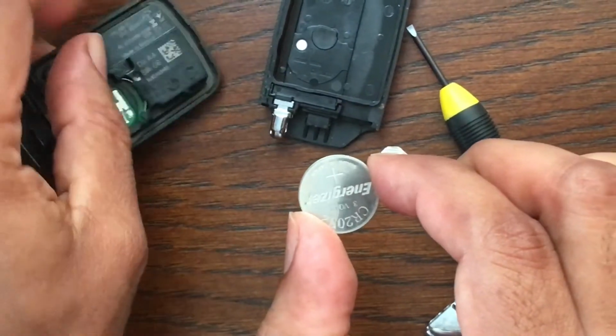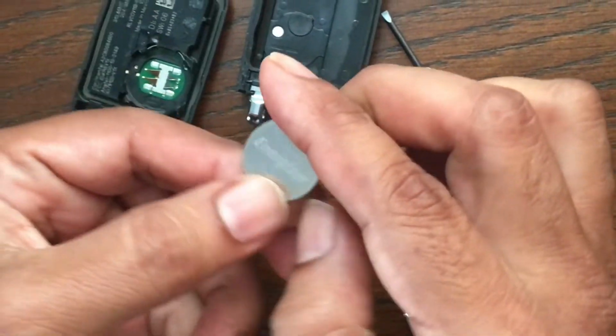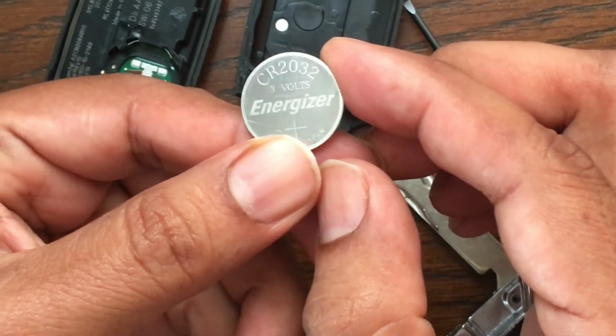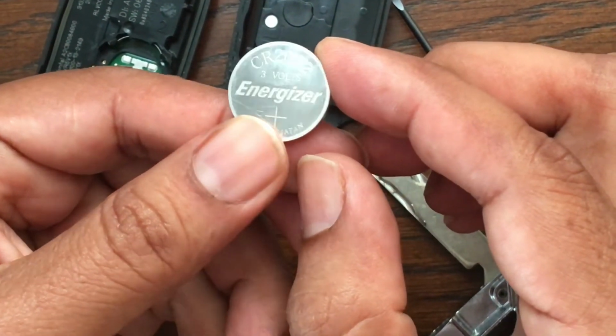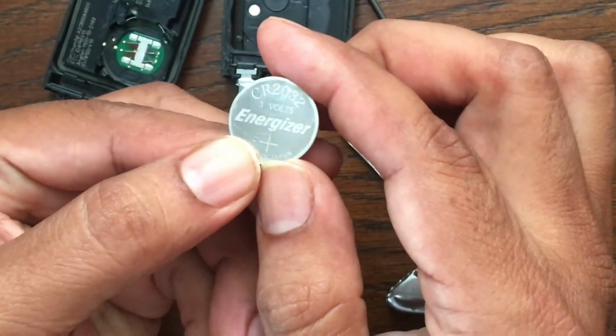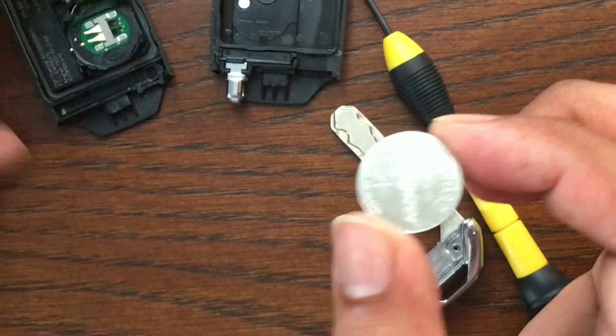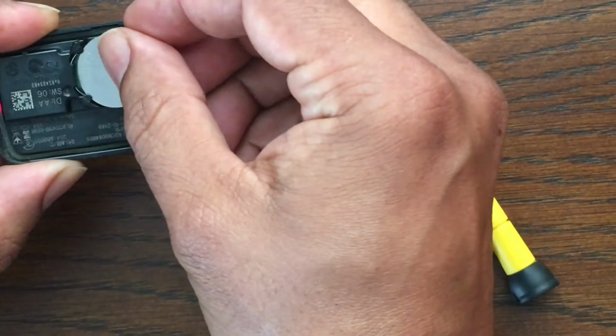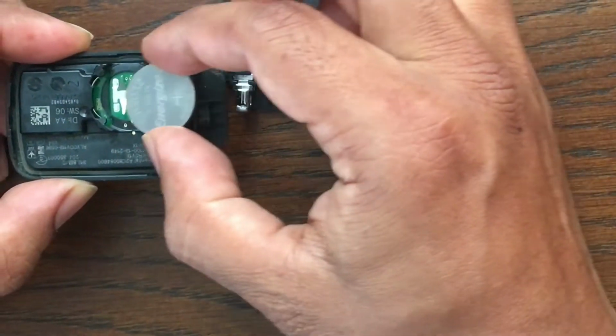And that's it. And the battery number is CR2032. You can get it at Walmart or Amazon. So CR2032. And to put it back, you'll just put this side in first